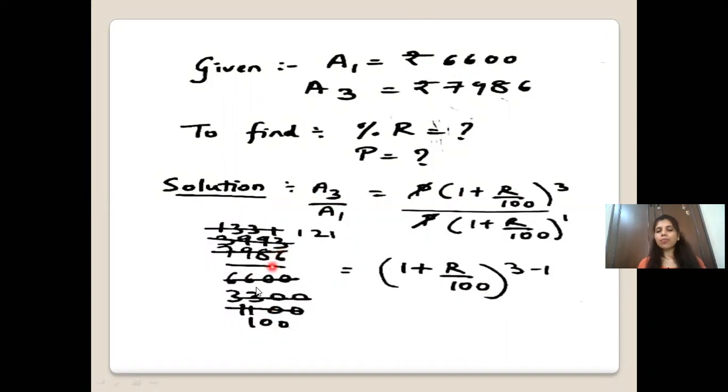So how to simplify it? Let's see. Here you can see in the units place it is 0 and here it is an even number. That means you can divide it by 2. So 2 3s are 6, 0, 0. Here 2 3s are 6, 2 9s are 18, 1 carry over, 2 9s are 18, 2 3s are 6.